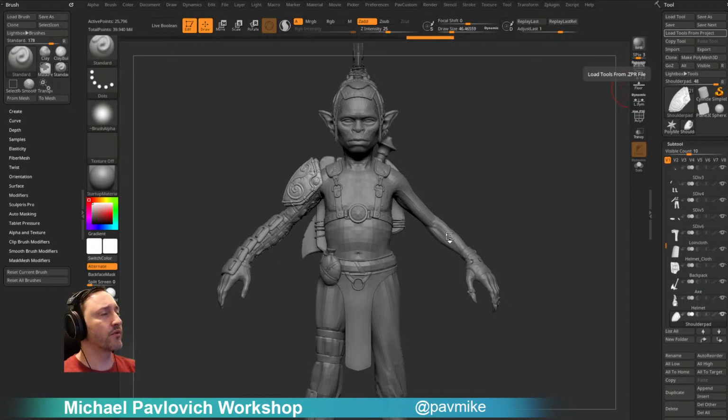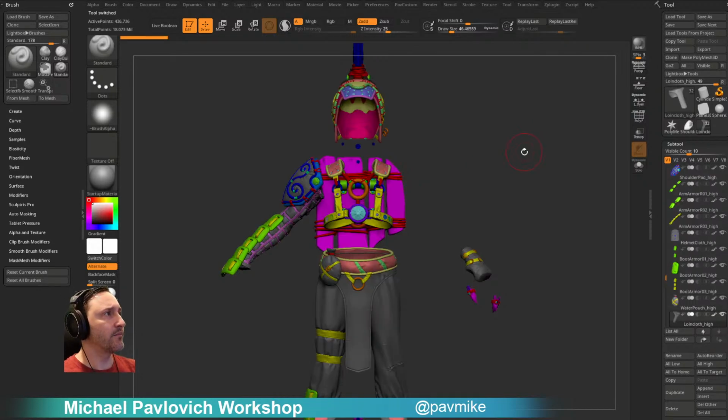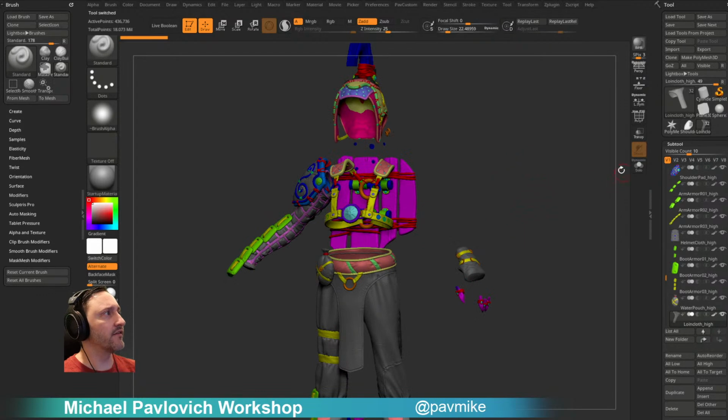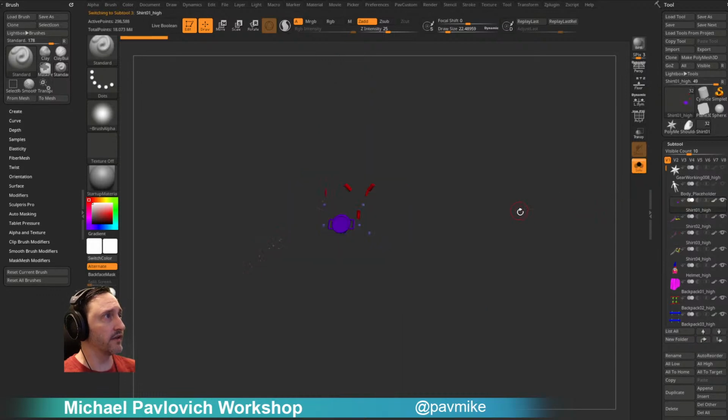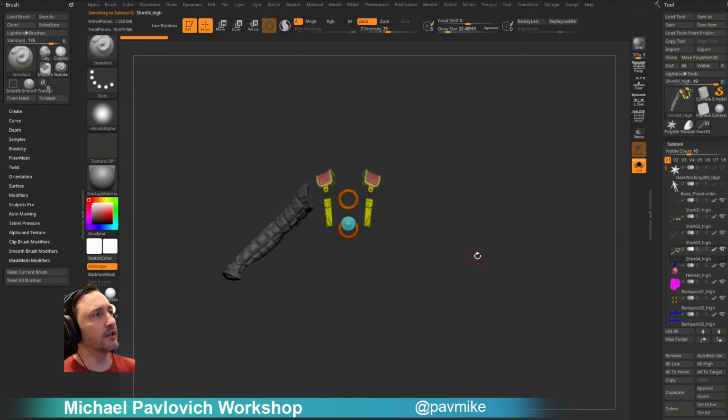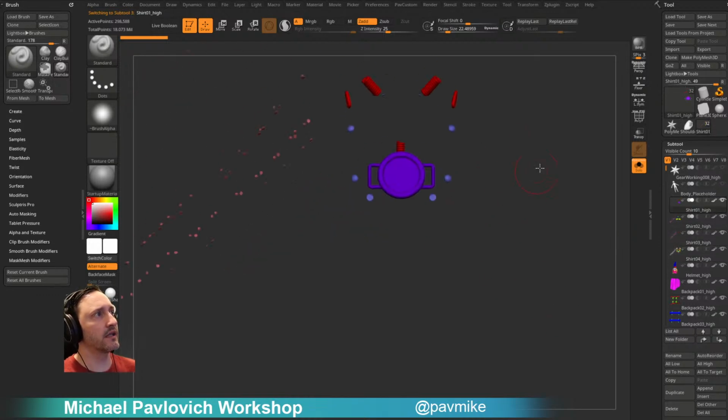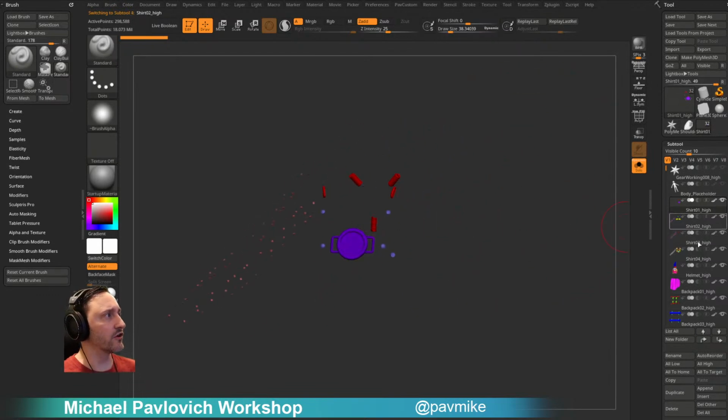So this is our 3D print file, and separately from that, for my game res stuff, I have a high res that I export out. My high res is broken up like this, where I have shirt 01, shirt 02, shirt 03. It all gets baked to the same shirt high low res, but all of these get baked separately so that I can go through, and again, this is a very inefficient low res for sure, but